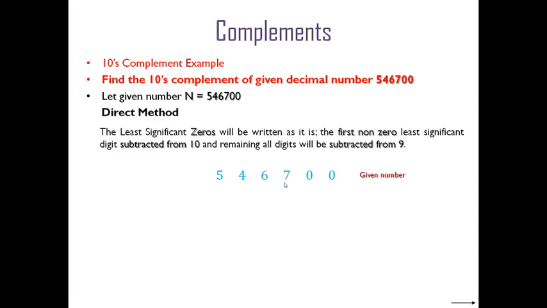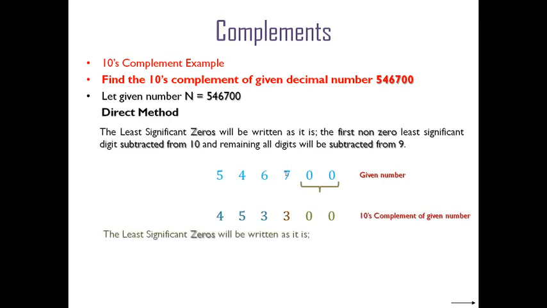After that, the first non-zero least significant digit is a 7. This 7 will be subtracted from 10. 10 minus 7 gives us 3, and later on all the remaining digits will be subtracted from 9. Like this, the first zeros are written as it is from this step, and